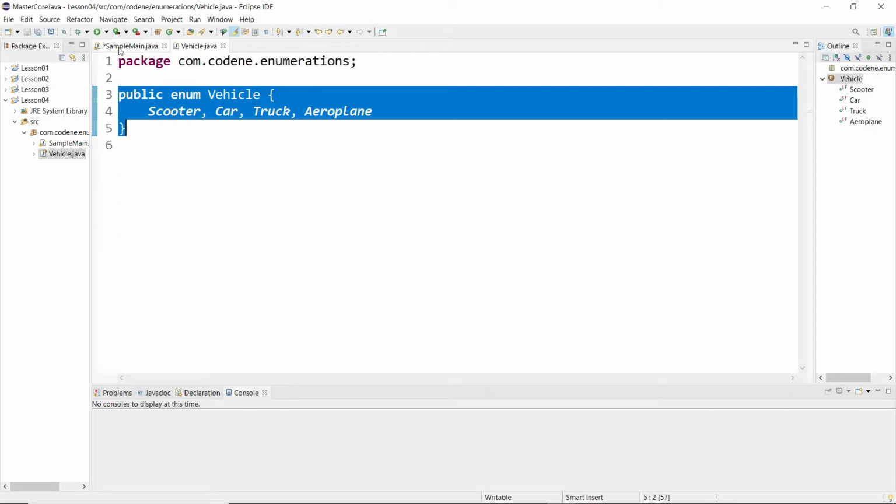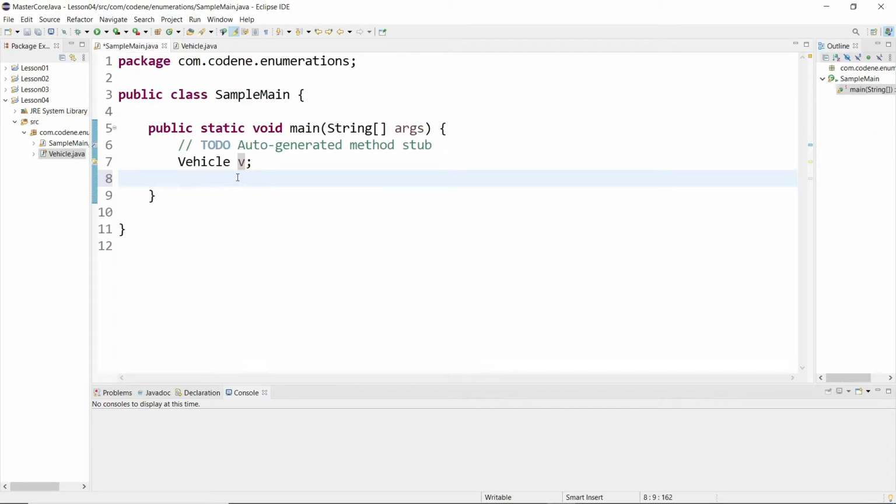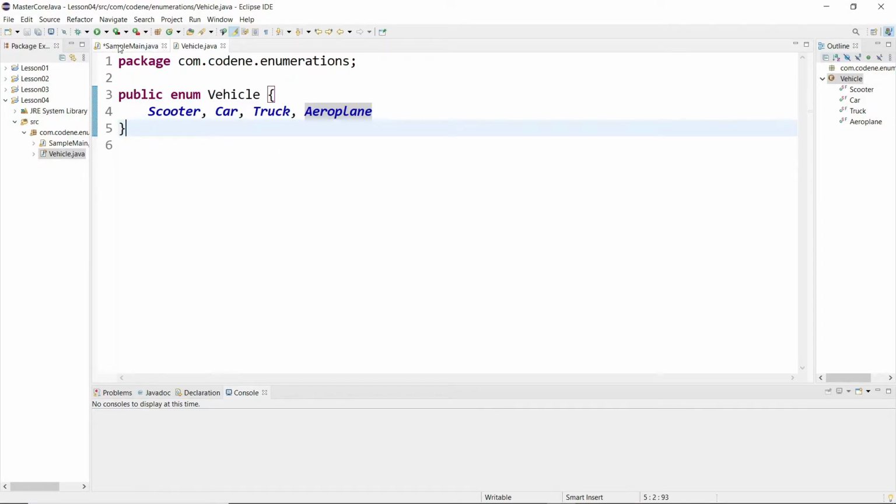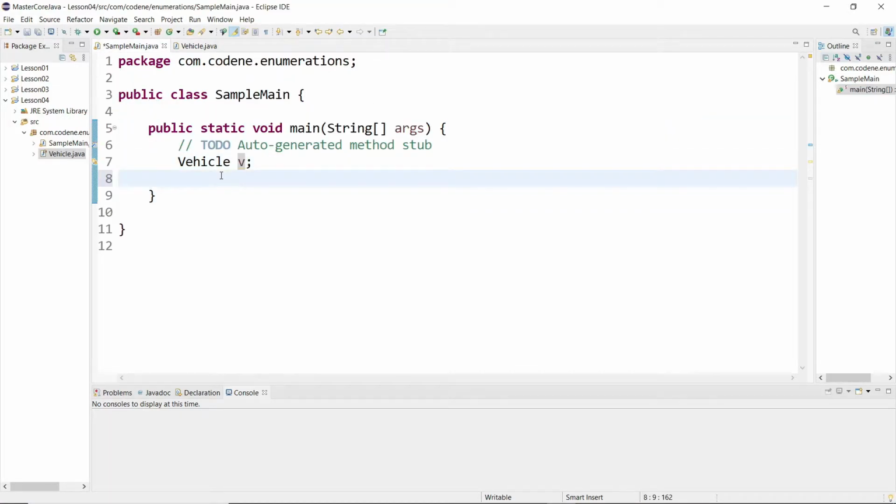An object is not instantiated, but when for the first time a variable is declared, at that time the enumeration comes into the picture in Java. So once you have created the v variable, you can just assign a value from the constants like this.